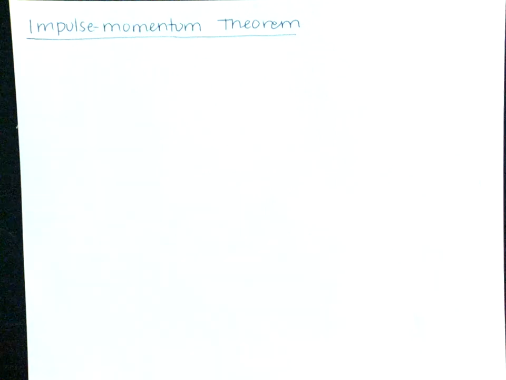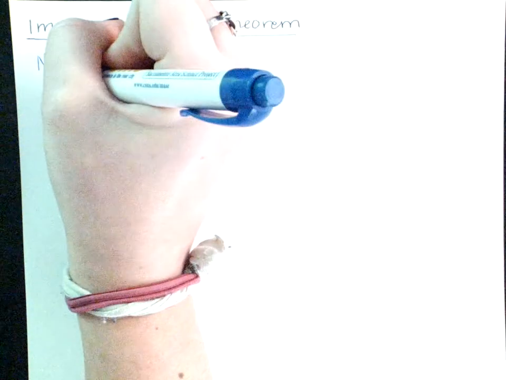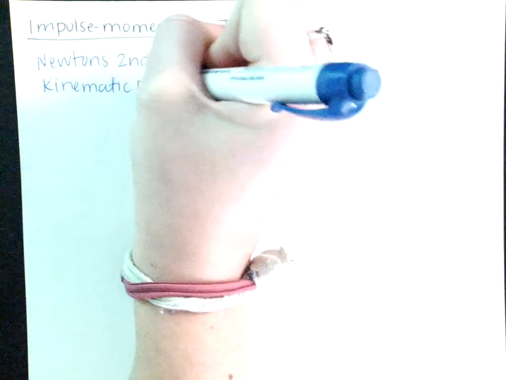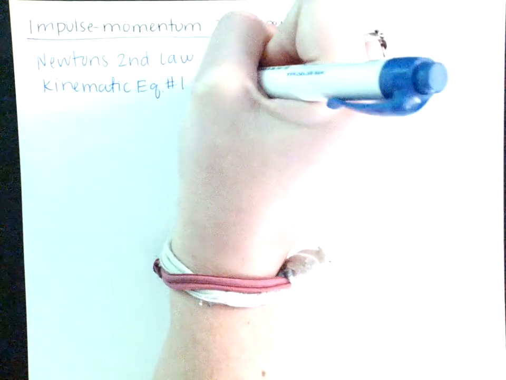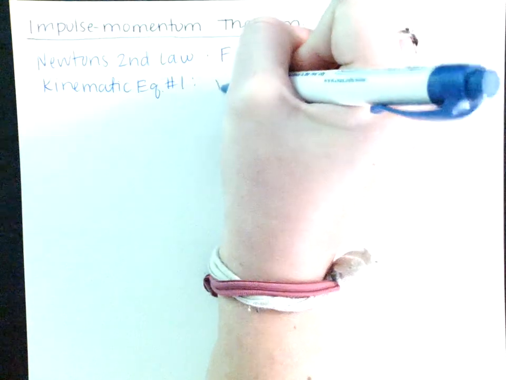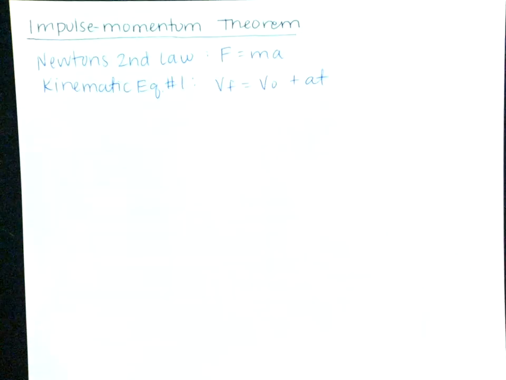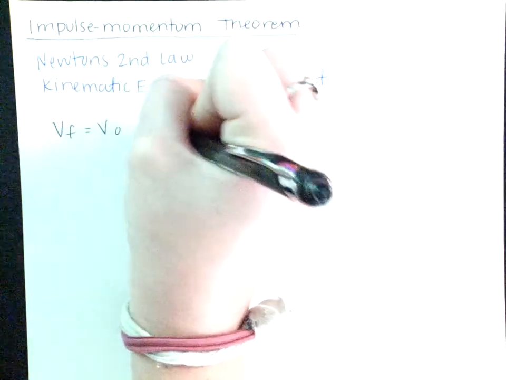Okay, so first thing we're going to do is derive the impulse momentum theorem. We're going to start with both Newton's second law as well as our first kinematic equation. Okay, so we're going to start off with our kinematic equation, and we're going to rearrange it to solve for